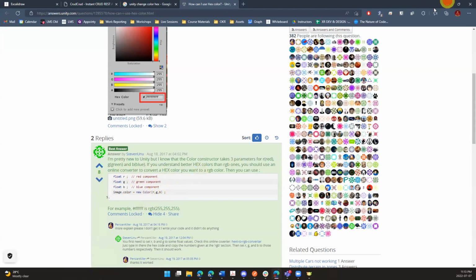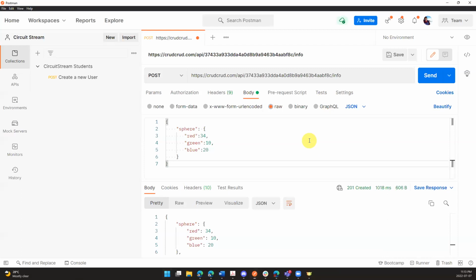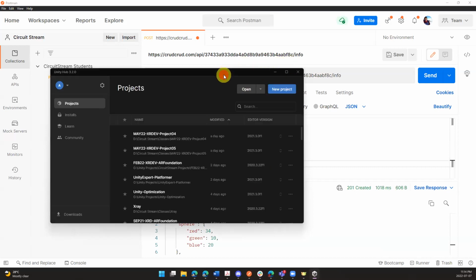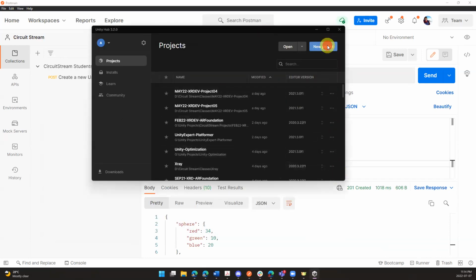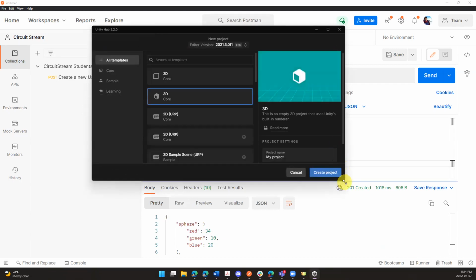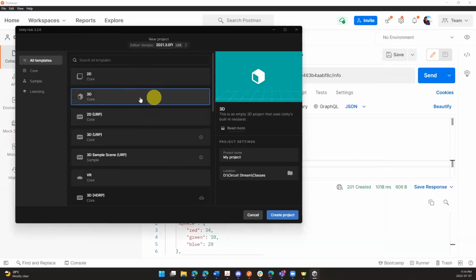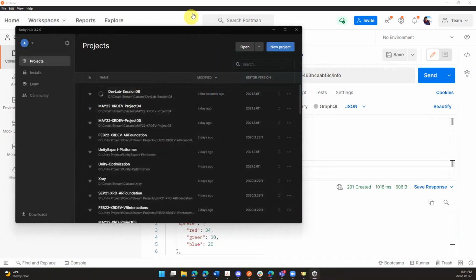Let's see. Okay, so I'm going to open up Unity. Let's just create a new project. I can use URP if I want, but I'm just going to use standard 3D. I'm going to use the dev lab 8, and I'm going to create a project. While it's opening up,